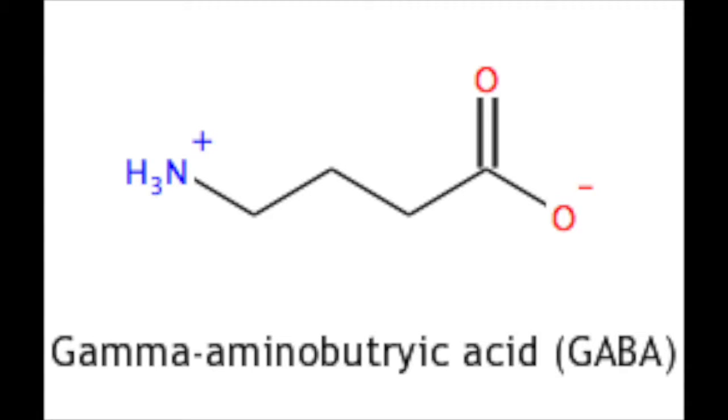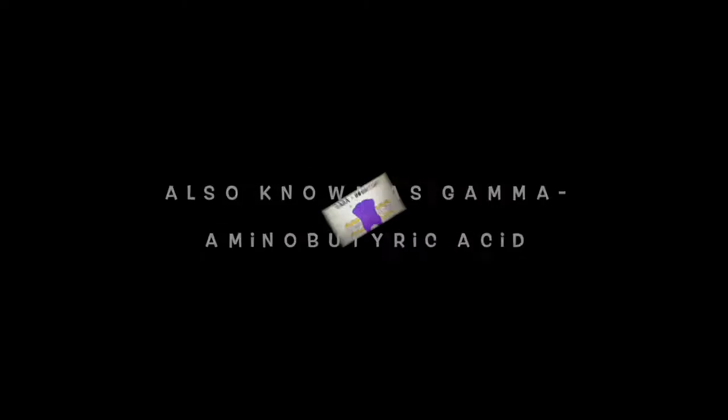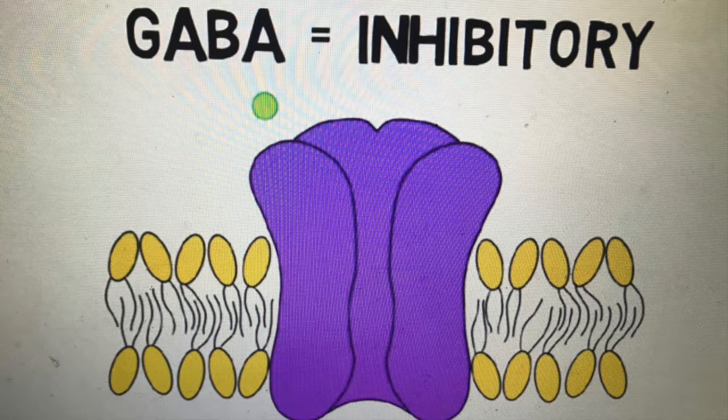GABA is short for gamma aminobutyric acid. GABA is the chief inhibitory neurotransmitter in the central nervous system that plays a huge role in reducing stress and regulating anxiety. GABA prevents overstimulation from excitatory neurotransmitters while regulating